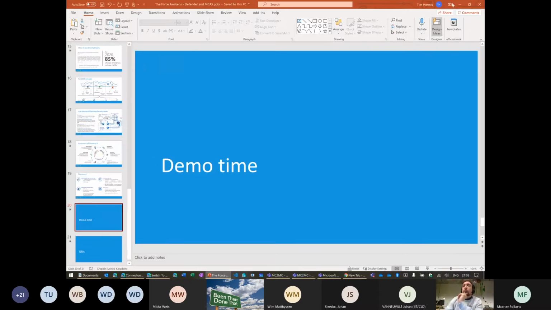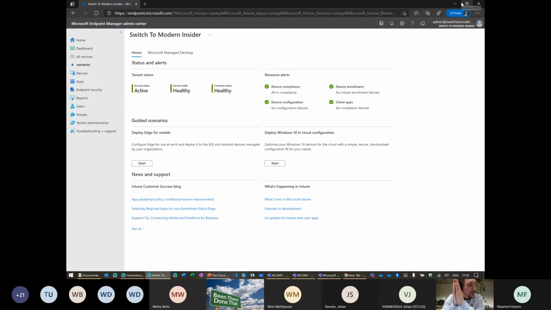Okay, so the first thing I want to be showing you guys, like I said, a lot of organizations, that's what I've been seeing lately, or governments or cities are buying the E5 licenses for a certain persona, mostly C-level IT, the high-risk people, but they only assign the license and they think that their people will be safe, and nothing is more true. So if you have Intune already running for your device management, it's really easy to onboard your devices into Endpoint Manager. And how will we do that?